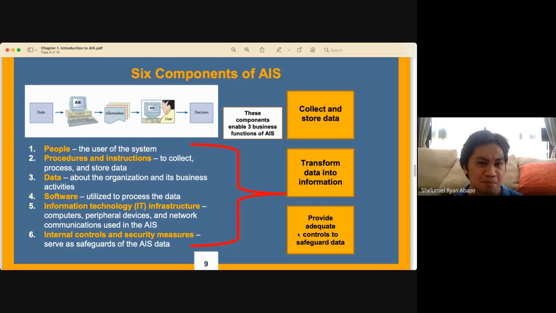But as a component, the people we're talking about are the end users of the system: those who process it on the input side, and also those end users who use the system to generate the information, the necessary documents and statements they need at end period to formulate their decisions